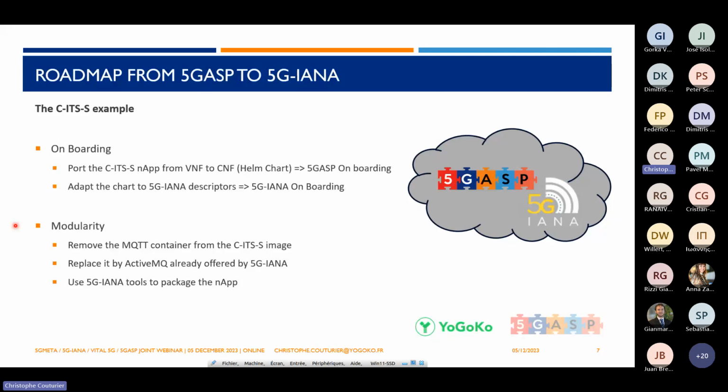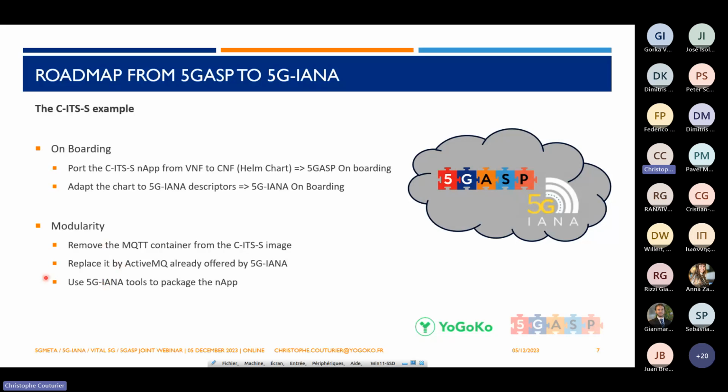5G-IANA can be seen as something like a puzzle, to assemble different basic functions in order to make a bigger network application. In our CITS NetApp, we have two parts. We have one part that implements the CITS logic, and one part which is basically an MQTT broker. So we will split our NetApp. We will remove this MQTT broker, which is not actually the added value of Yogoko. We will remove it from our NetApp, and we will use the